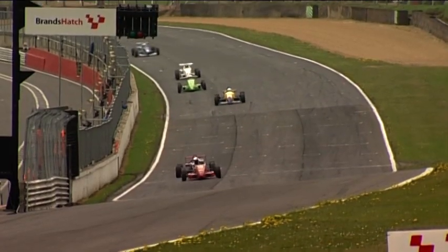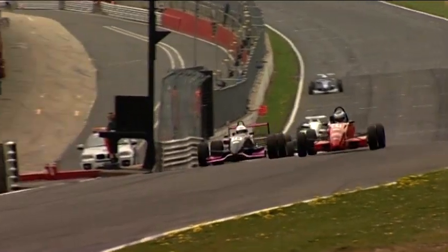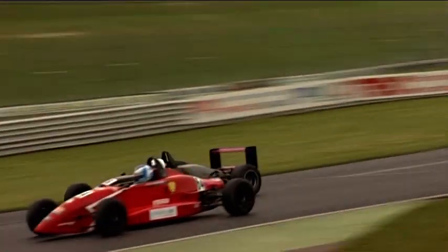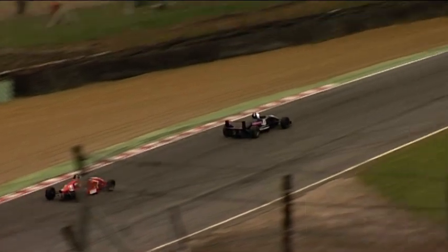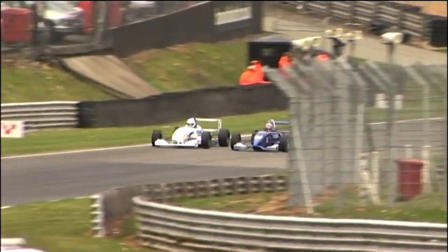He goes up to 3rd now. He's in one of the Van Diemen Formula 4 ZTEC conversions. And here's Jenny Scott, his daughter, trying to take a place away from John Whitbourne. He is the Formula 4 ZTEC class leader. She makes it stick, heading up to Druids, and she starts to pull away, but we've got side by side